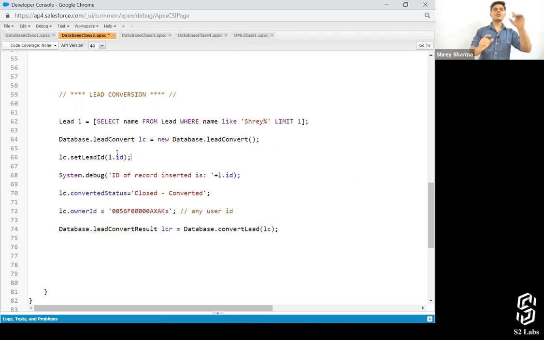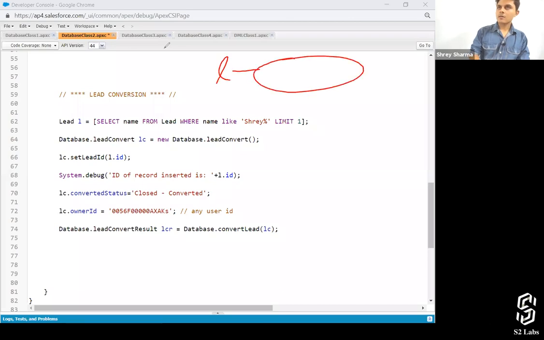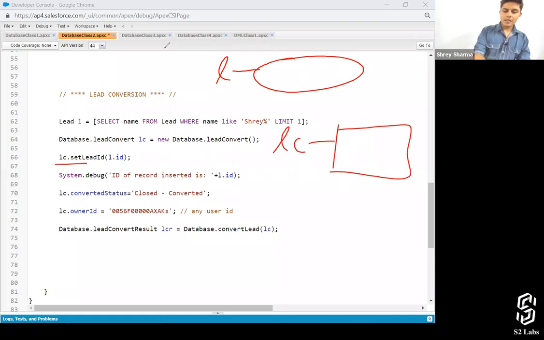Then I have to associate this lead convert. So see what is happening. There is a lead record, and then I'm creating an object called lead convert. And with this method, I'm relating it with this record, right?